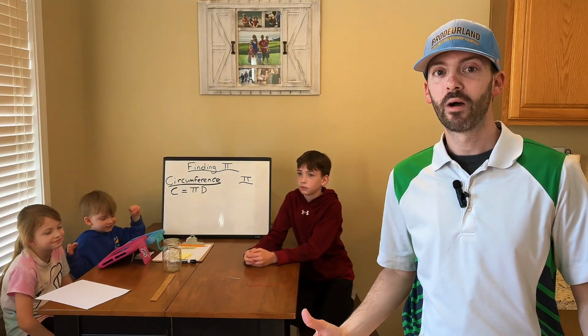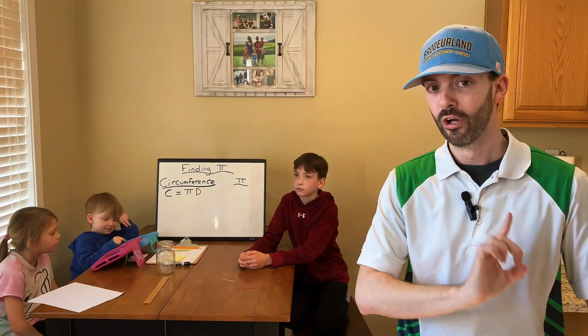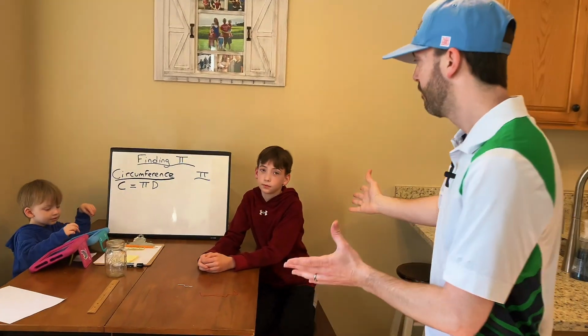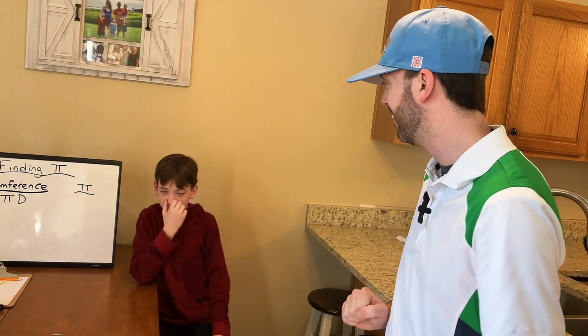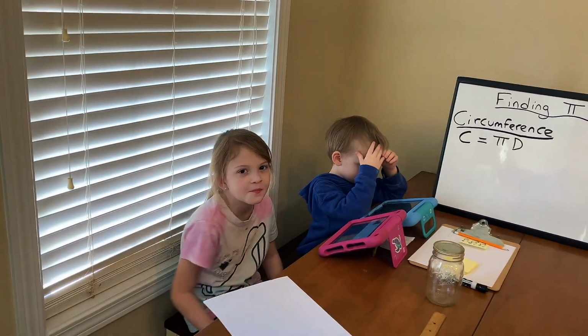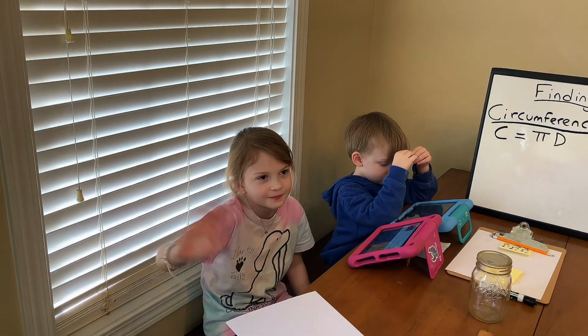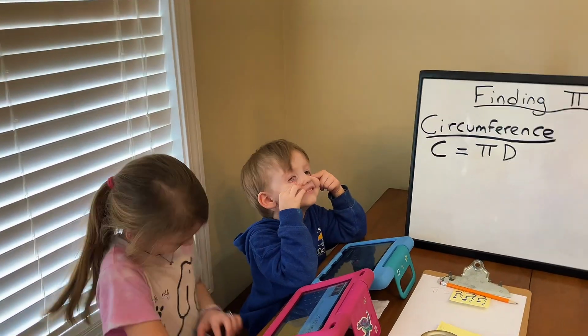To help me along this Pi Day journey, I've got four individuals I want to introduce to you. So let's come on over here. First off, I'm going to introduce to you mathematician Oliver right here. Second, let's go over to the beautiful and gentle mathematician Ellie. And third, we've got the littlest of all the mathematicians, Cooper.